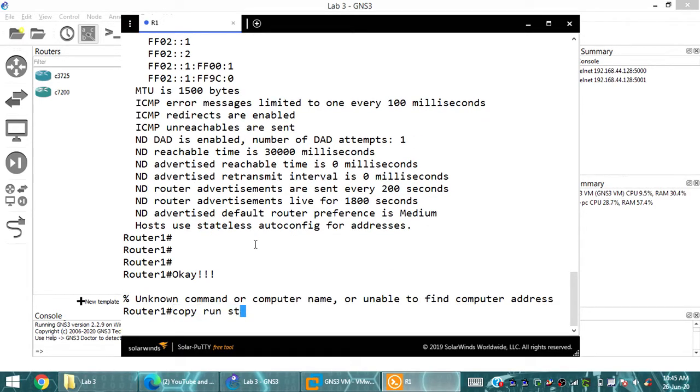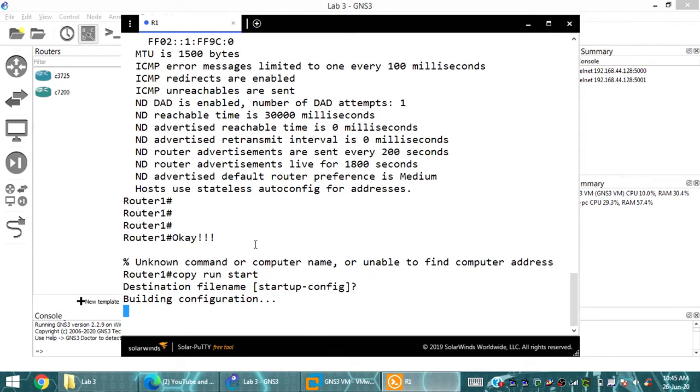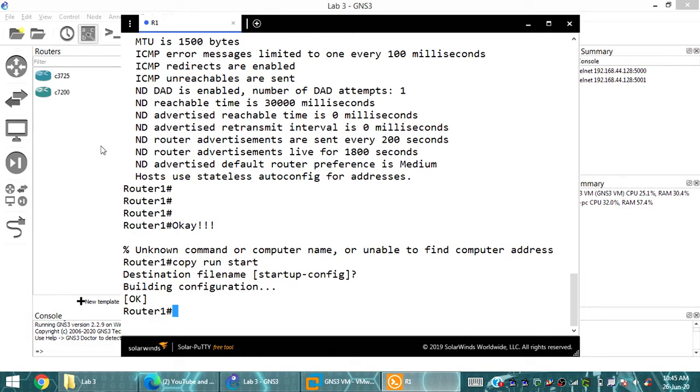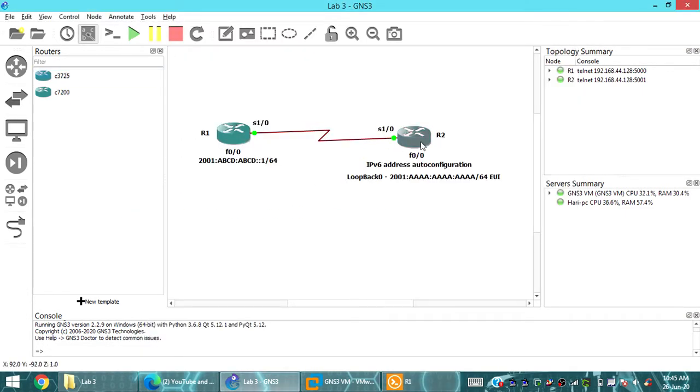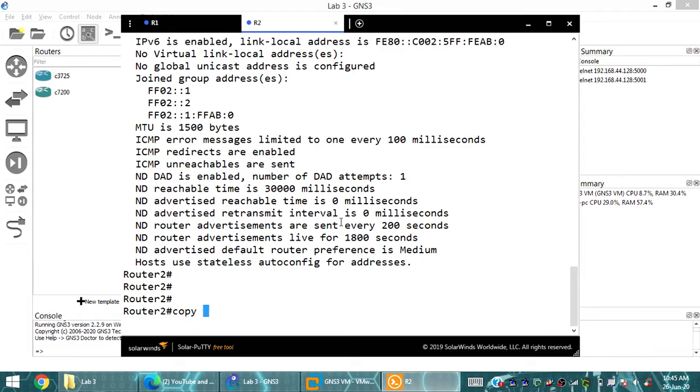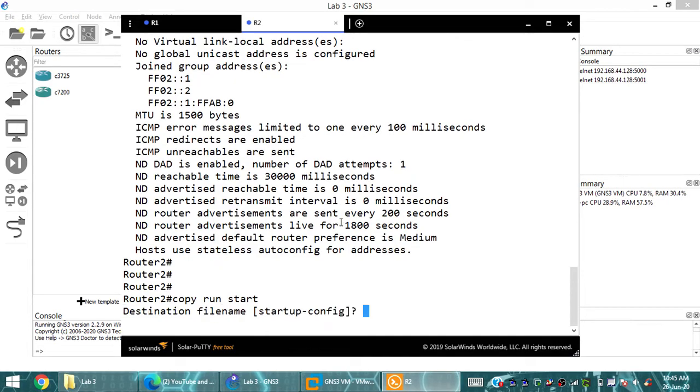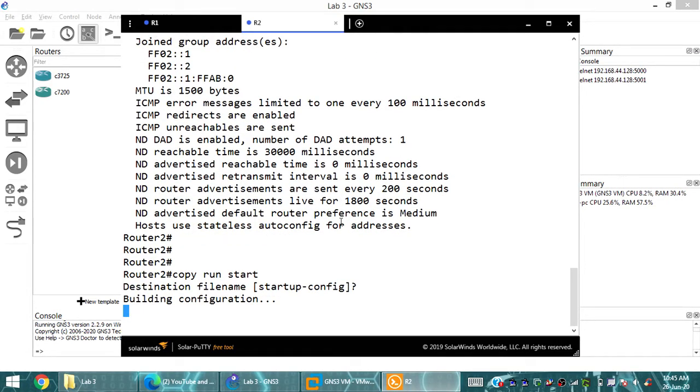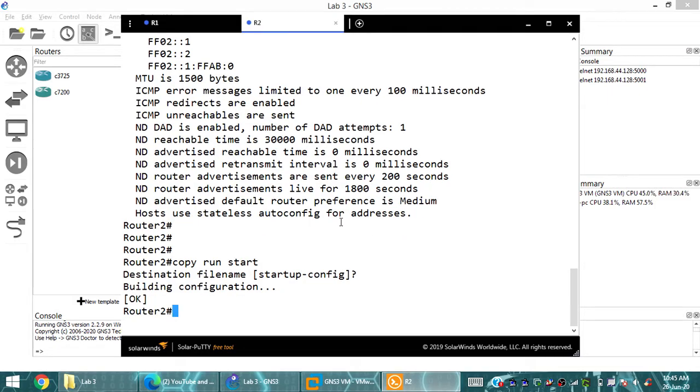Okay, so now let me save all these configurations in lab 3. For that I just need to write copy run start and press enter. Similarly I'm going to do copy run start for the other router also. Fine, so as to save the entire configuration. If my router gets restarted, all the startup configurations that I have created will be loaded into RAM and loaded by itself.